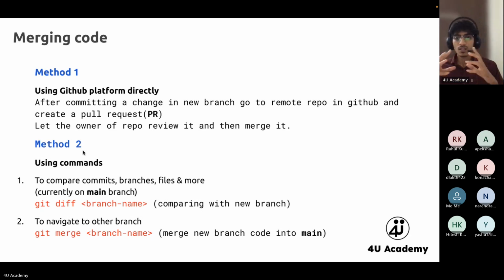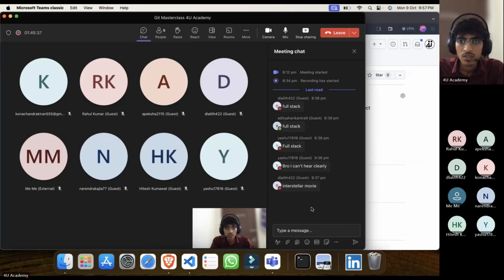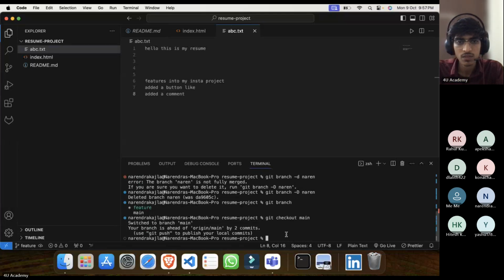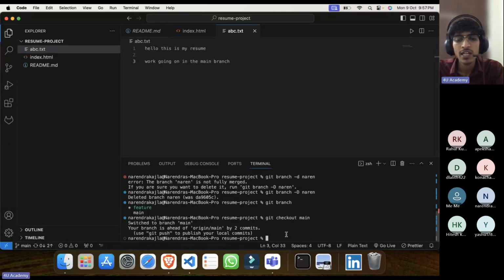One way is you push your code from the new branch to GitHub. Let's say I'm working on feature. First let me go to the main branch. I am on the main branch and let me do git push origin main.